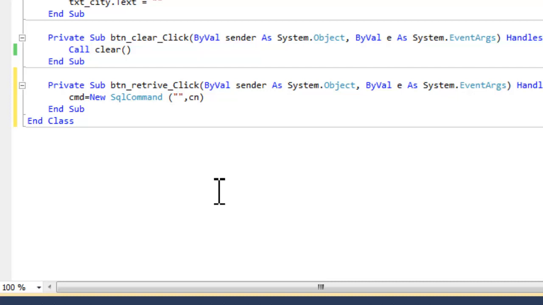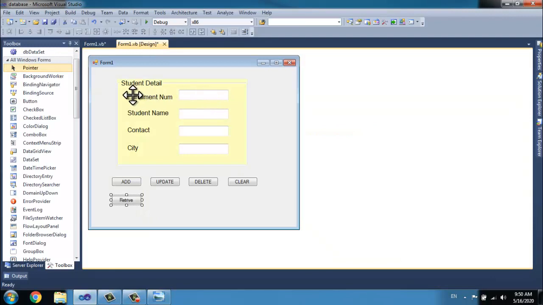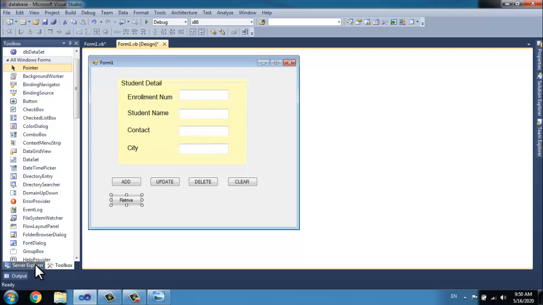We are fetching data from enrollment number. From enrollment number we are trying to fetch student name, contact and city. These three details we are trying to fetch from enrollment number.